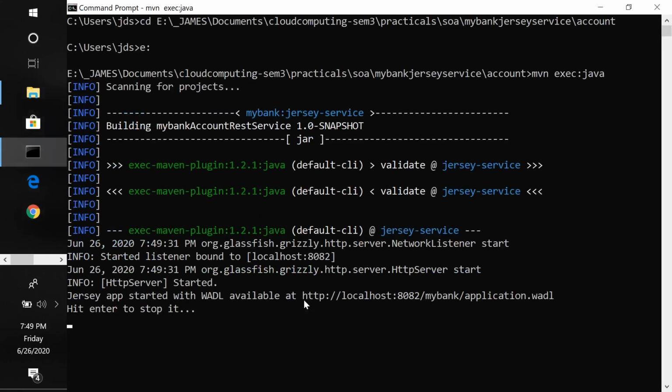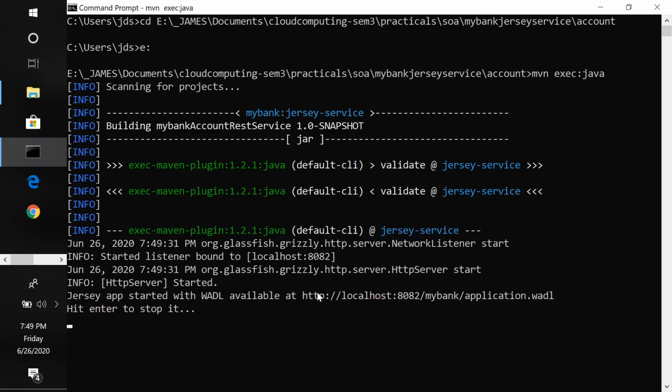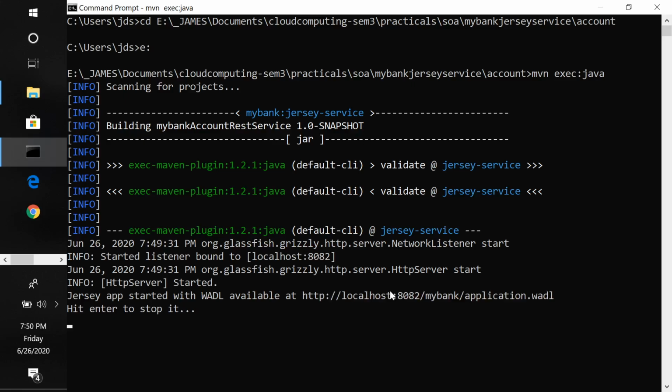My account service is running on port number 82. The reason we are running this on a different port is to simulate as if it is running on a different machine. When you have services running on different machines, it is an example of distributed computing. And when we use REST services or SOAP services, then it is an example of service oriented computing. Service oriented computing is still distributed computing. Okay, so let us test our website.